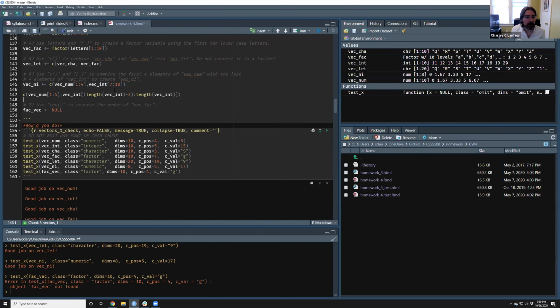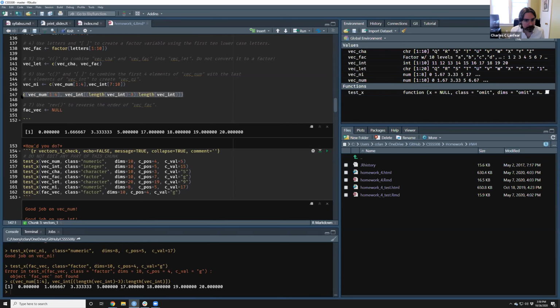Another option here, and this one should work from the look of it, is slightly more complex, but also more flexible. This looks like a lot of code, but it's actually fairly straightforward. So I'll run this and show you. What this is saying is still combine the first 4 elements of vec_num. But the clever thing here is taking the length of vec_int, which is 10, and subtracting 3 from it.